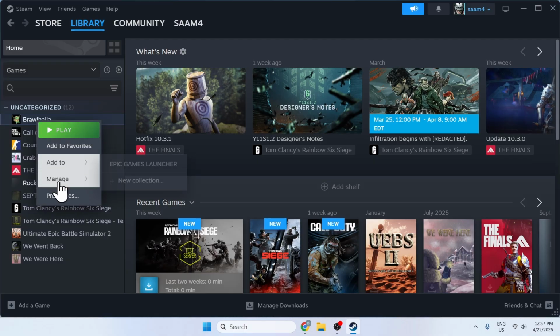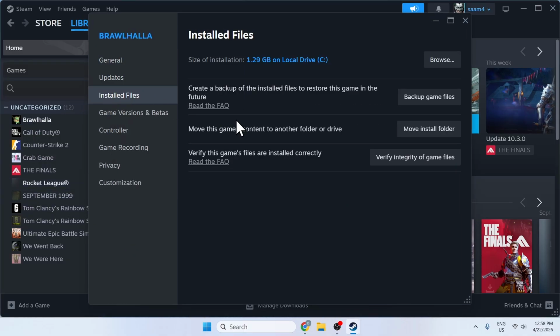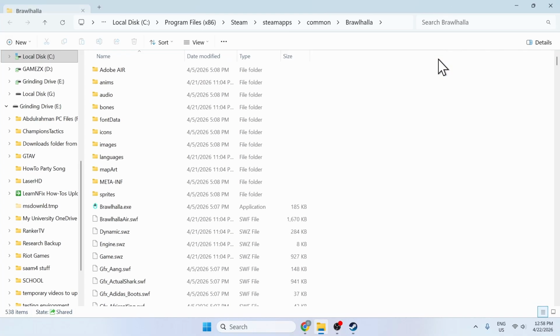So right click on Battlefield, properties, installed files, and then verify integrity of game files. Once you have this done, go to browse, and then here's the game folder, and yours will say something